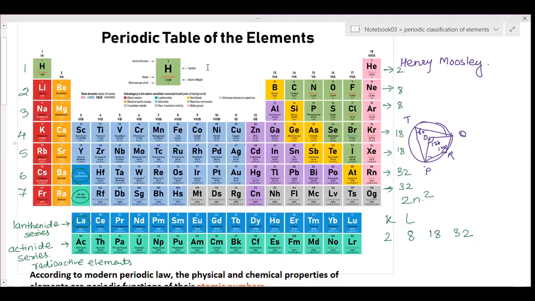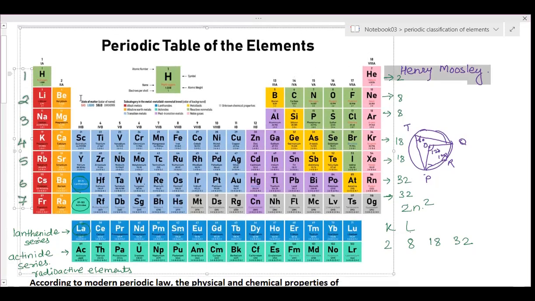Mendeleev's periodic table you have done. Now the modern periodic table. Here there are 18 groups, similar to the group and period structure. This is also a table. Columns are here also. The columns are called groups because in each group elements are placed according to their similarity in chemical properties. So chemical properties are similar in each group, and these are the periods. So in this modern periodic table there are 18 groups and 7 periods.